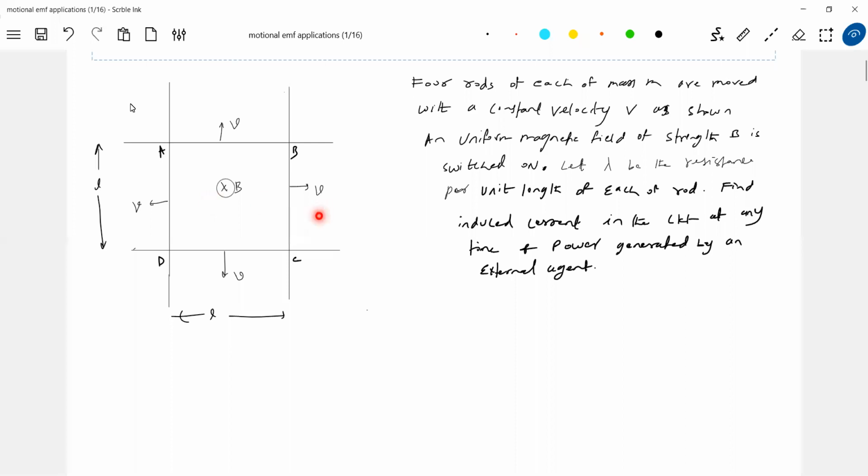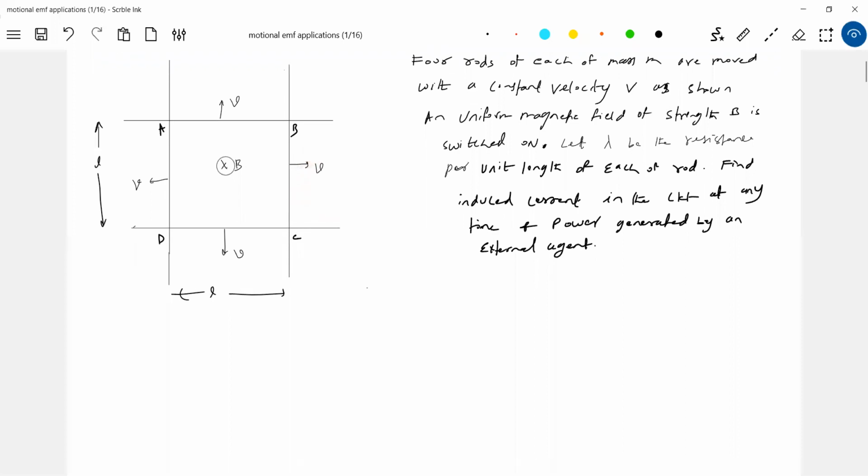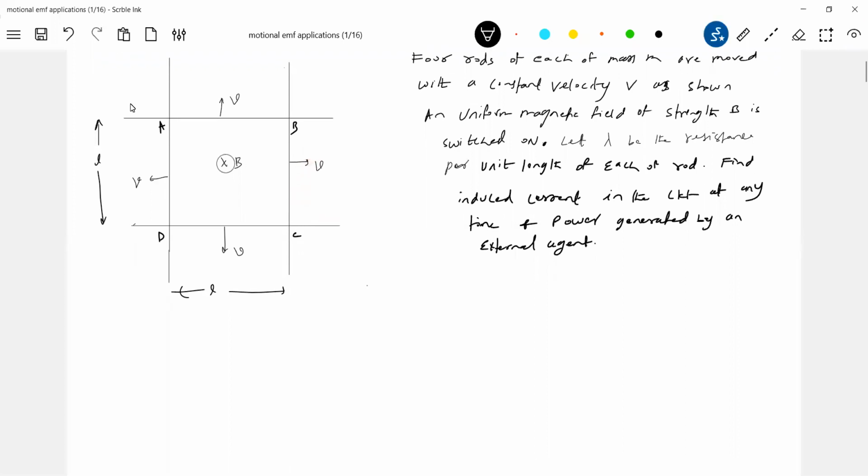Now after some time t, this rod will be here. This rod will be here. So what do you expect? The area of cross section of the loop must increase. So we should take help of the diagram now. So after some time,